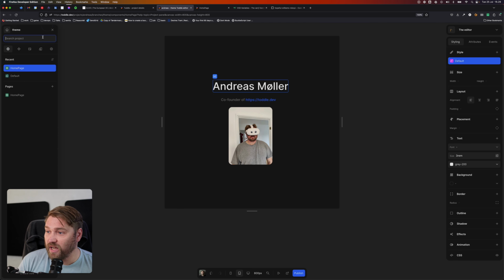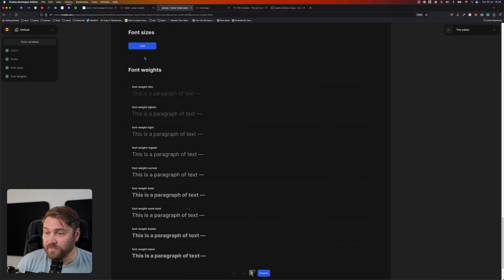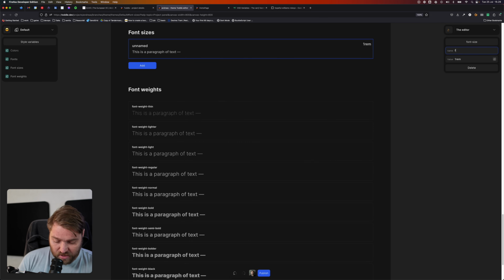So let's go and check out our theme here in Toddle. I'm going to scroll down to font size here, and let's go and add a new one. Let's call it font size small, and I'm going to set that to